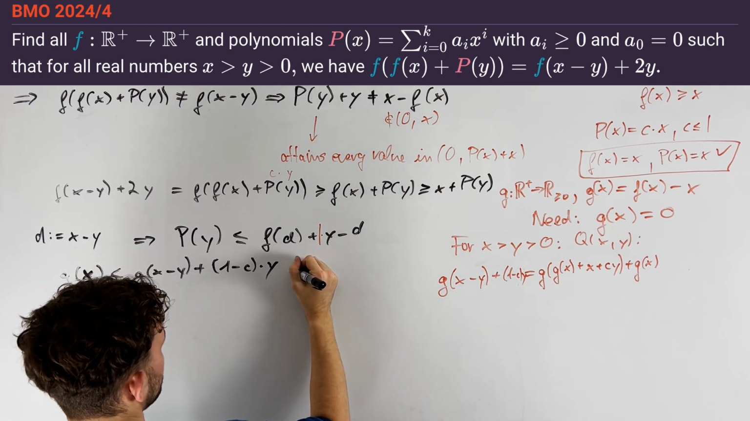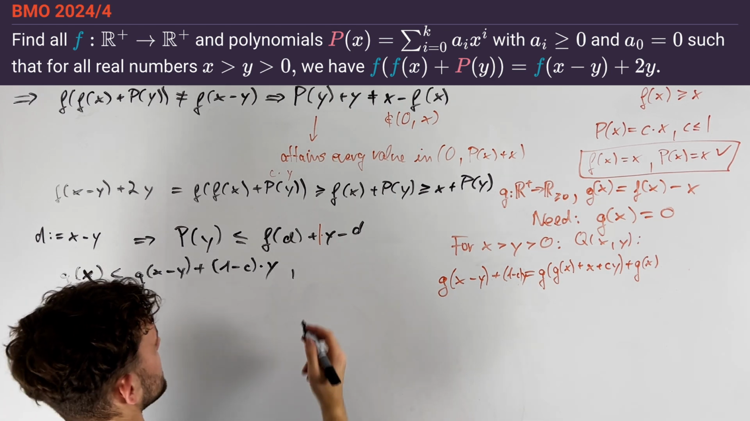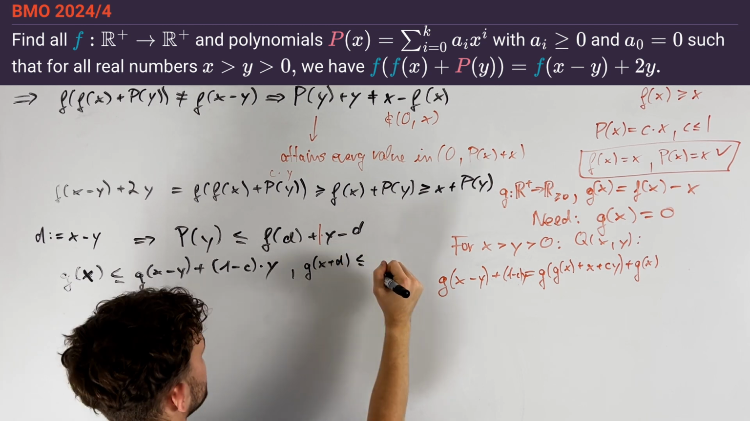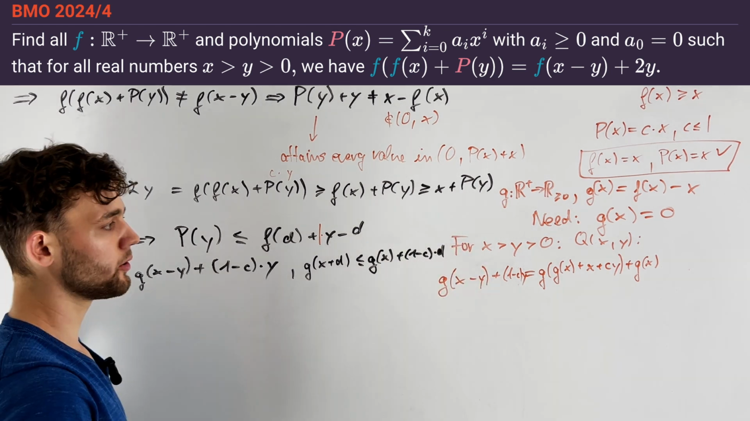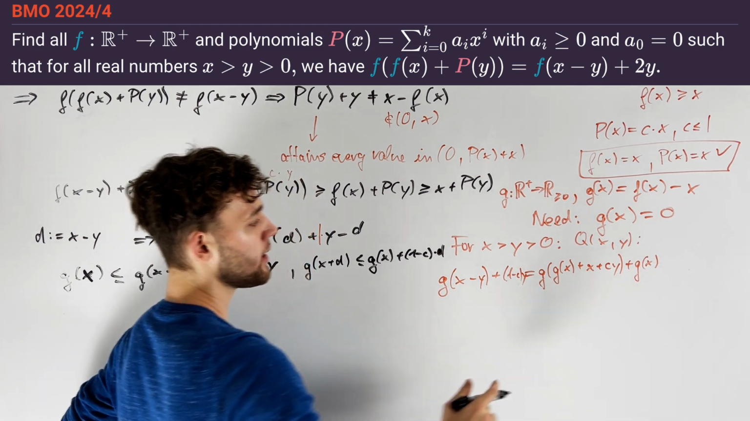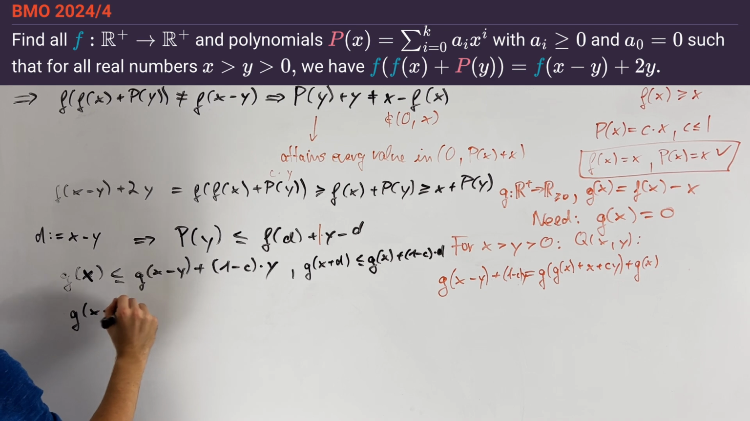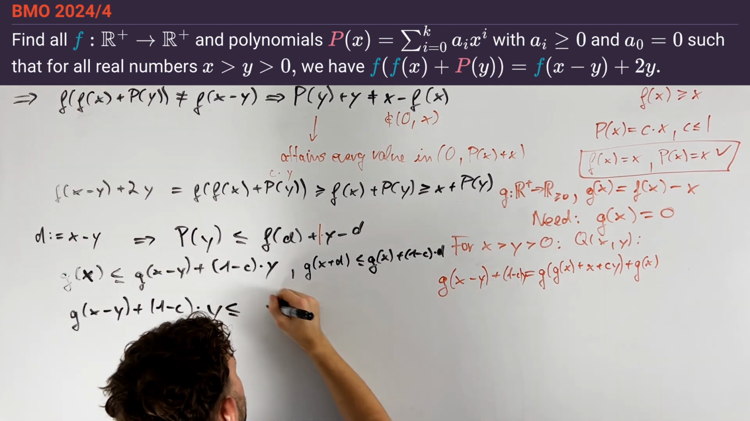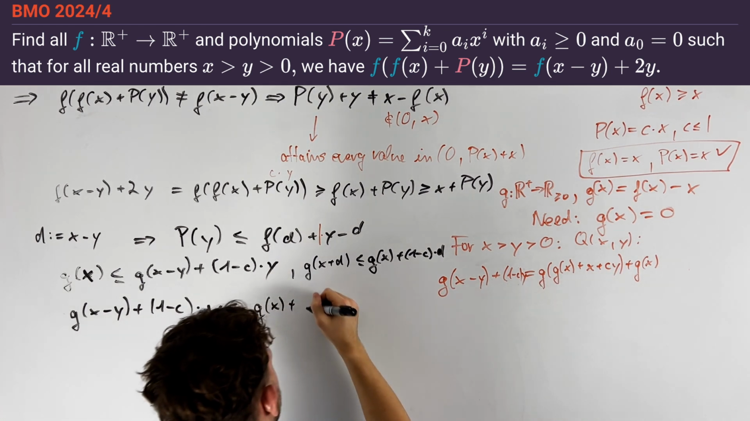Maybe a nicer way to write this would be by replacing x with x + d, where d is equal to y. So we have that g(x + d) is less than or equal to g(x) + (1 - c)d. Looking at q(x, y), we can now simplify the functional equation by upper bounding this term to obtain that g(x - y) + (1 - c)y is less than or equal to g(x) + (1 - c) times g(x) + cy,